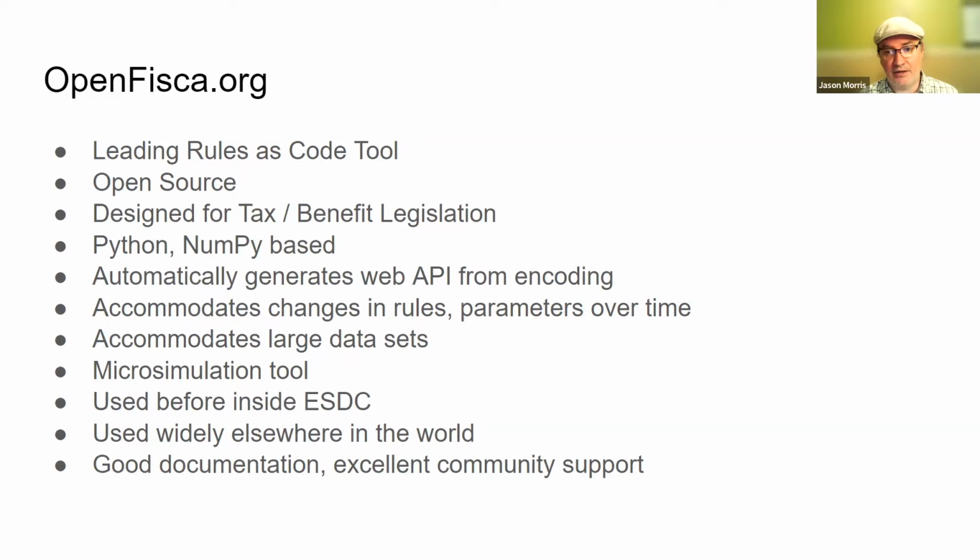And the other thing that a microsimulation tool needs to do is it needs to be able to deal with the passage of time. It needs to predict how these laws are going to change the state and how the state is going to impact on the calculations going forward through time. So those are the two things that you really need out of a microsimulation tool. You need something that's good at dealing with lots of numbers all at the same time, and you need something that's good at dealing with the passage of time and how rules and facts change over the passage of time. So that's what Open Fisca is.